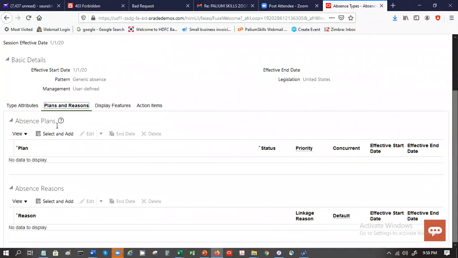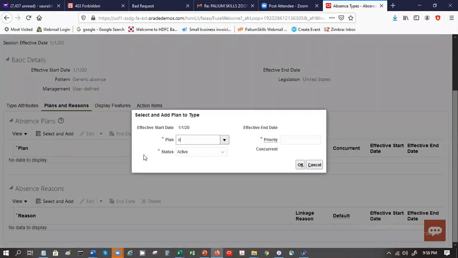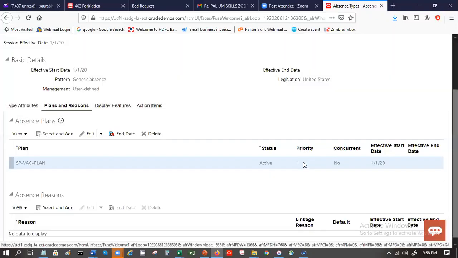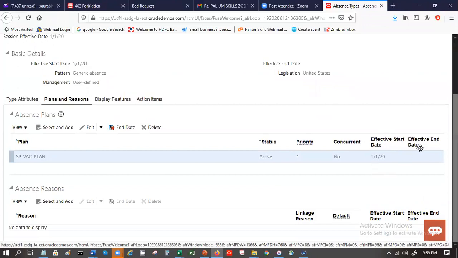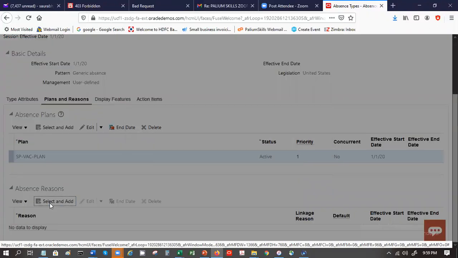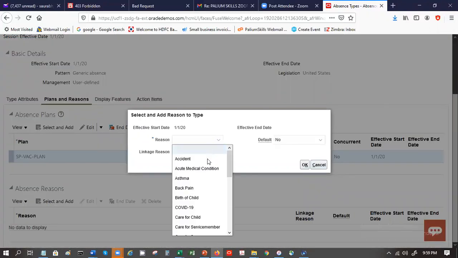Basically from here you will select the plan that you have defined. So SP VAC plan, priority. Effective start date is from 1st of Jan. If you want to give any absence reasons, you can also give them, and you will have to pick them one by one and add them to the rules.